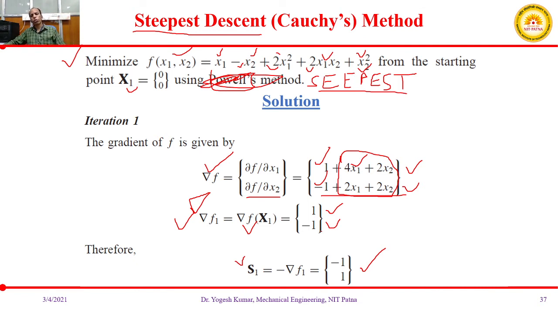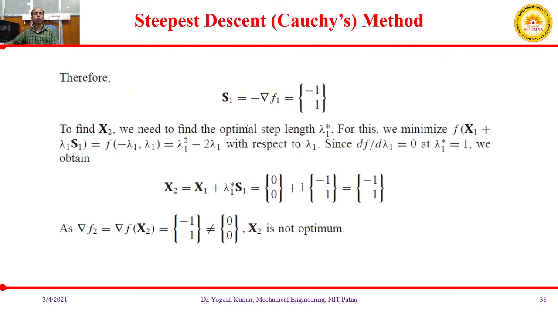Okay, so now what we are supposed to do, since we have identified the search direction, we need to identify the optimum step length in this particular search direction in order to get the optimum value, or the lowest value, in this search direction. Since s1 is equal to minus 1, 1, we need to find the